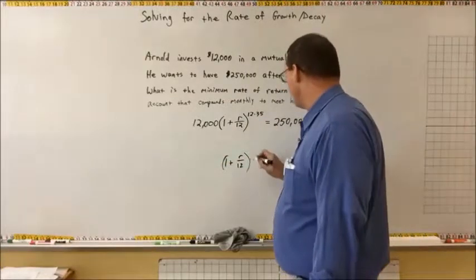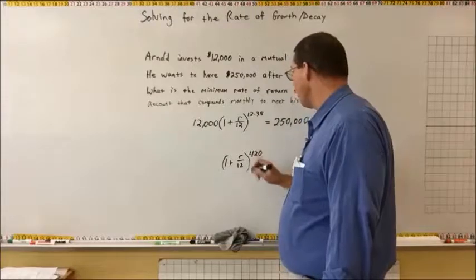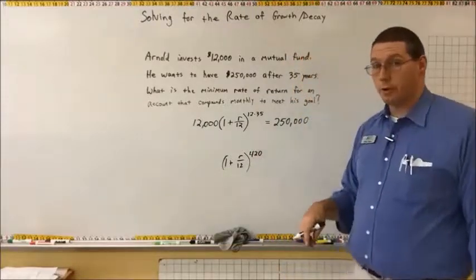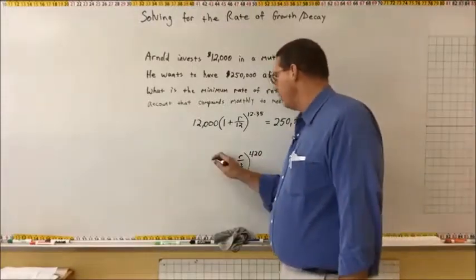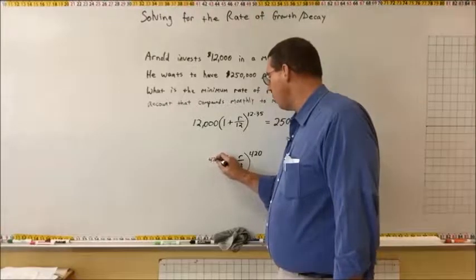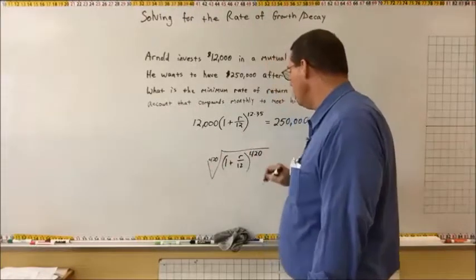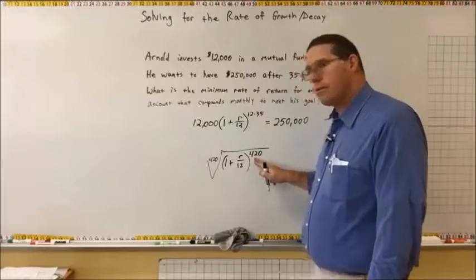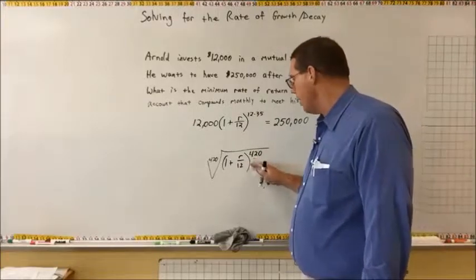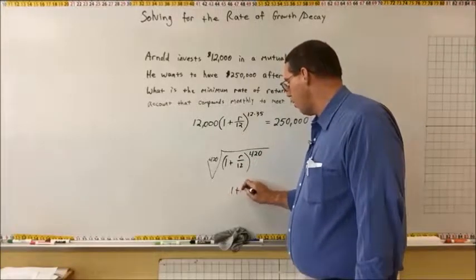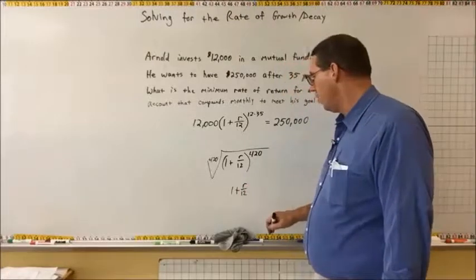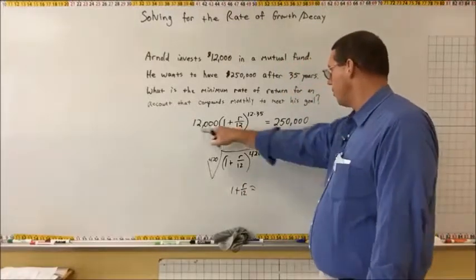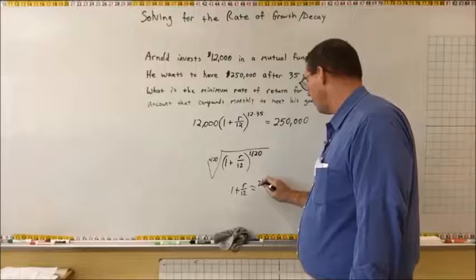Well, that's 420. So actually, it's going to be really crazy. What we would have to do is the 420th root in order to cancel this 420, leaving us with 1 plus r over 12 is equal to 250 over 12,